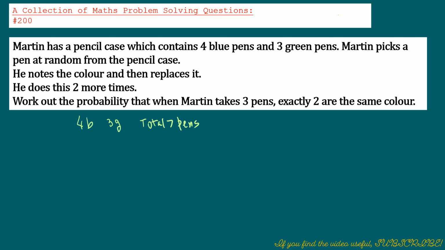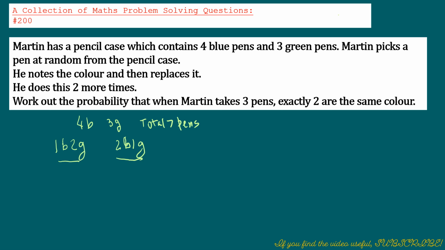He can have 1 blue pen and 2 green pens, or he can have 2 blue pens and 1 green pen. So these are the 2 separate cases that we have to work out the probabilities for,